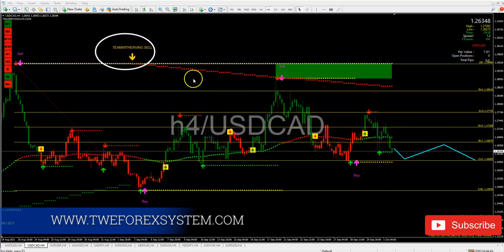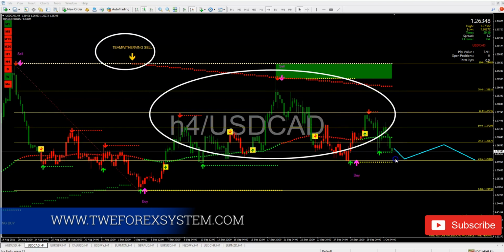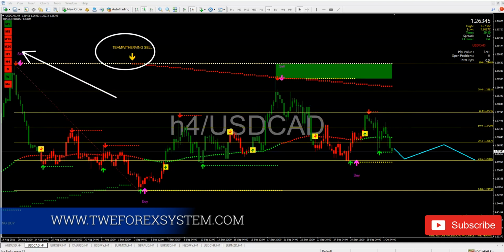I don't care what's going on. Look at here. Boom. It's selling, right? Look at your dashboard, guys. Your dashboard also shows everything is selling in here. So the market is selling 100%. If you had multiple time frames, you would understand that here we have a continuation of that sell position.